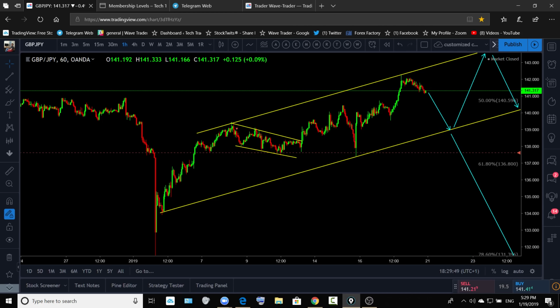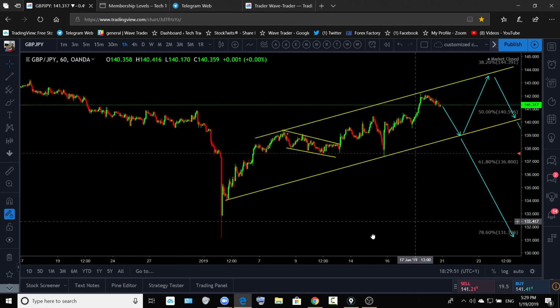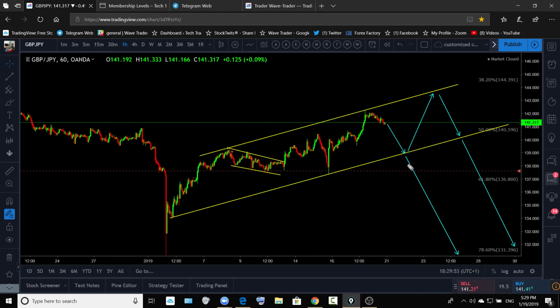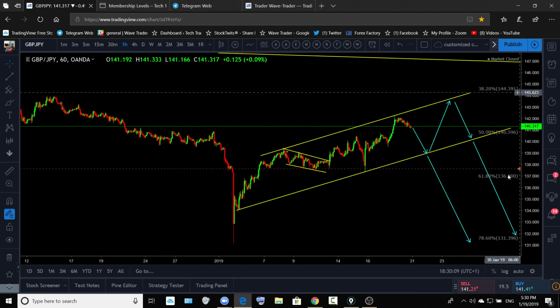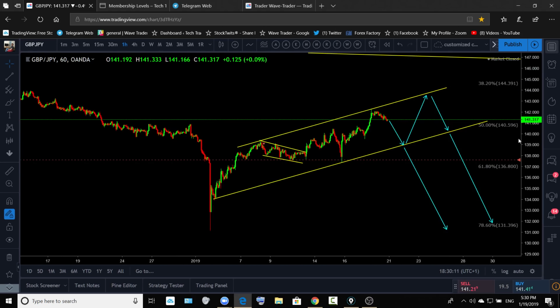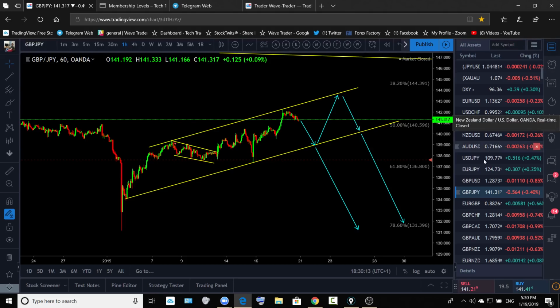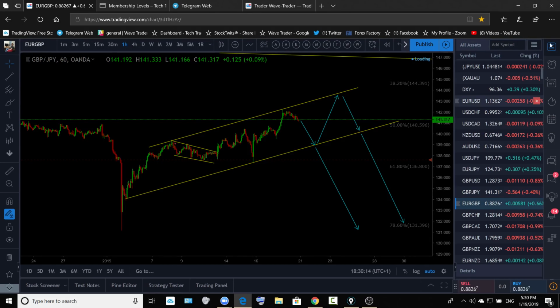If that ABC move is not going to fall aggressively to the downside, and price keeps correcting, then price is going to start to correct again. Look for it to continue to go higher rather than for that drop. We believe that price is going to stay within this for a while, and we may see the drop we are expecting before we start to see a reversal on the yen pairs.